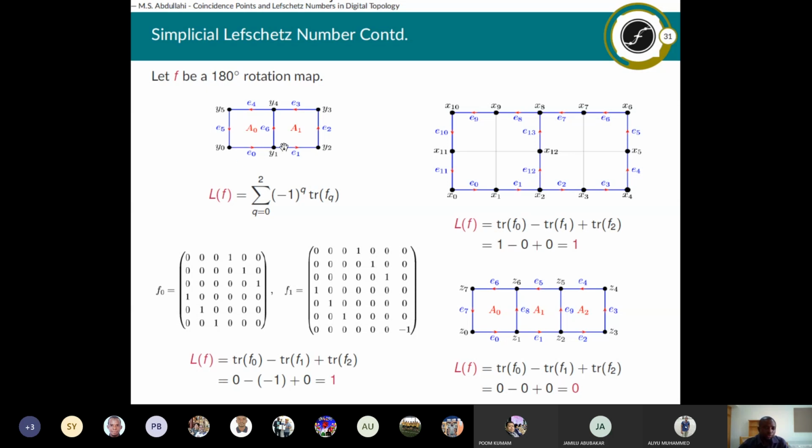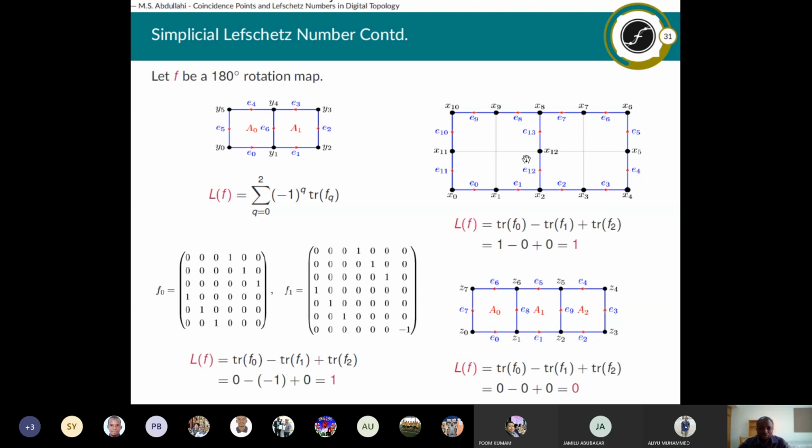So in this case, when we do the 180 degree rotation, this point will shift here and the y will come here. So that means f of y1 is adjacent to y1 and f of y4 is adjacent to y4. So therefore, in this case, we have 2 approximate fixed points, although we don't have a fixed point.